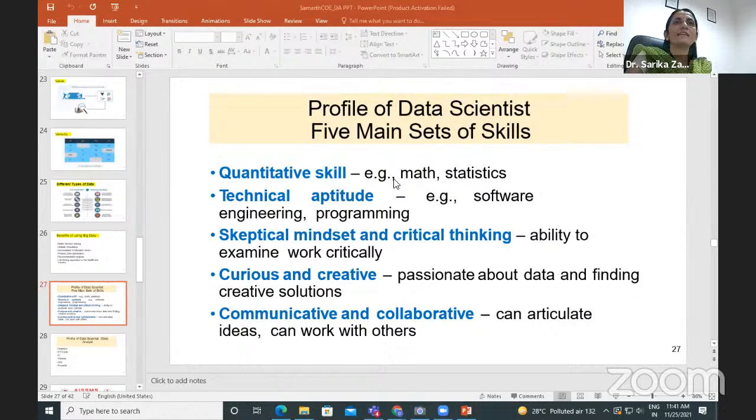Quantitative skill, right? That is nothing but maths and statistics. So don't be scared about the mathematics and statistics, you engineering students. You have already gone through all this process, and you are not going to design a new math. Try to remember this: maths you are not going to design. Maths already exists. You have to just recollect it.